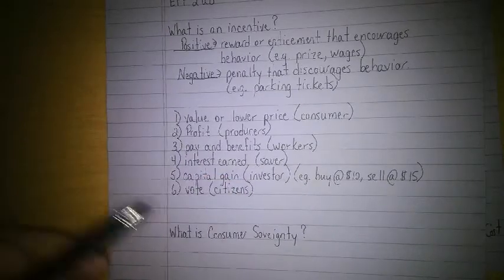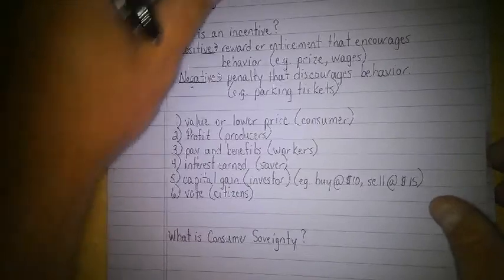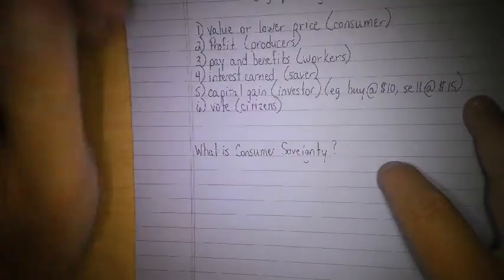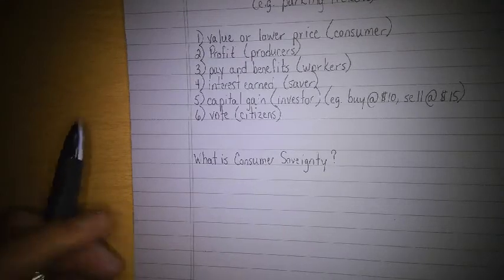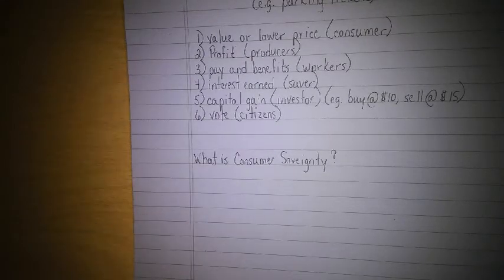Now again, we know what a consumer is. A consumer is someone who is willing and able to buy a product at a certain price, right? Sovereignty is who has the power, and we've talked a little bit about this. Consumers set the price in our economy because we dictate what's being bought and sold, right? So,